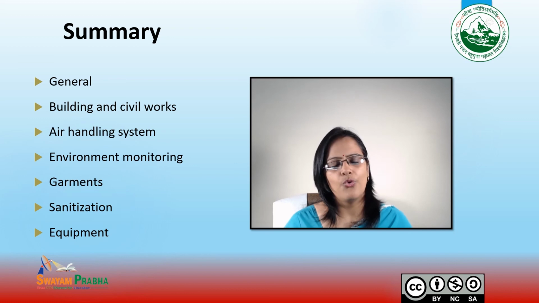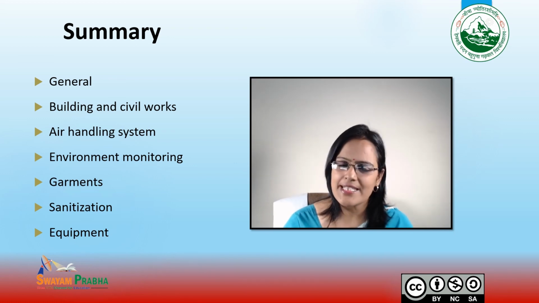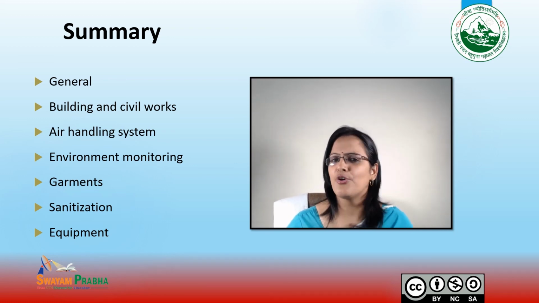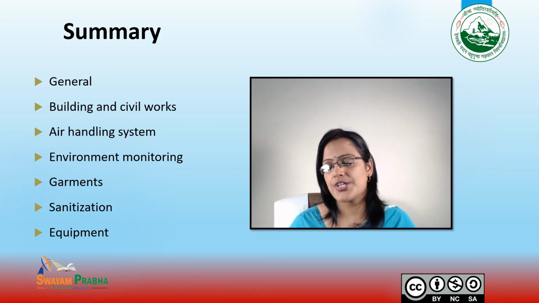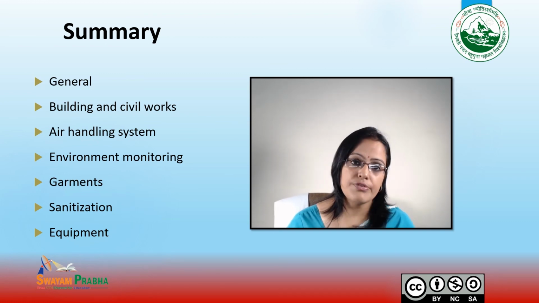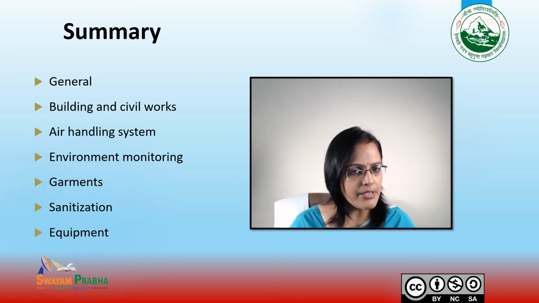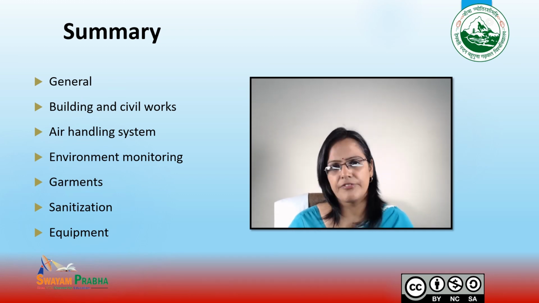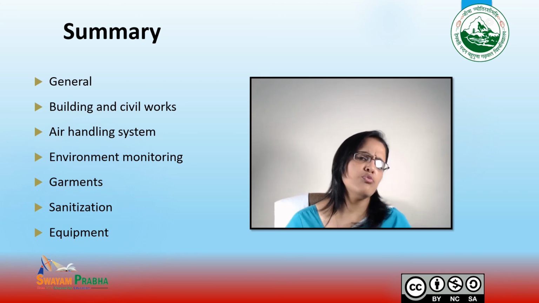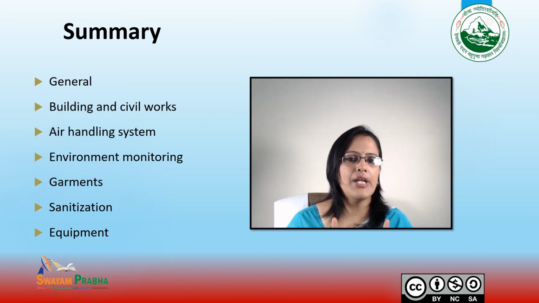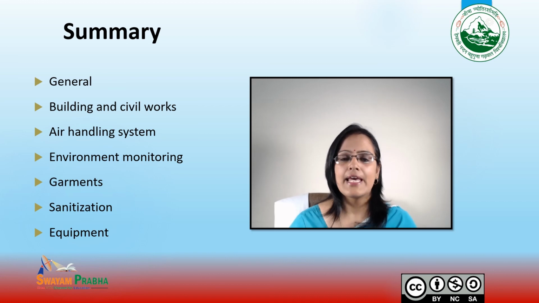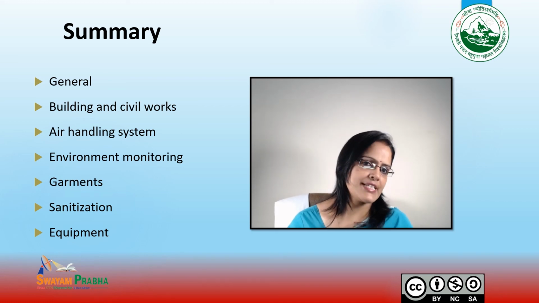So now let us quickly summarize this module. Dear students, I hope that you have enjoyed it. Today we discussed GMP guidelines, the specific requirements for manufacturing of sterile products. Sterile products, you can take examples such as parenteral and ophthalmic products. We discussed the requirements of manufacturing these products in this module, and this is part 1. In part 2 we will be discussing the remaining things.